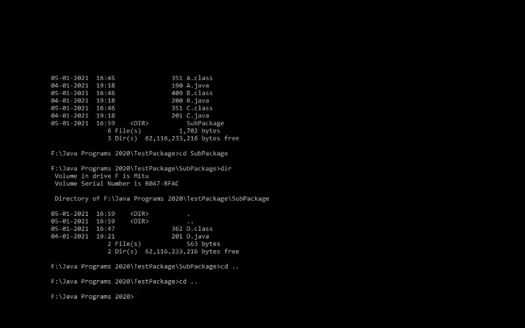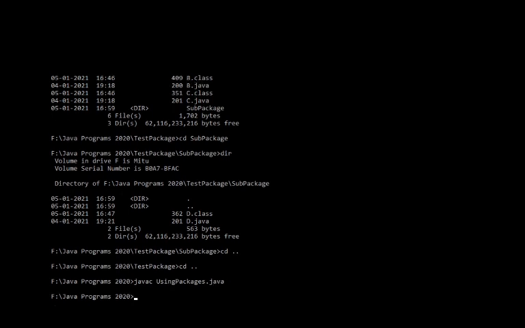Here we are back. Now let us try to compile our program and see. javac UsingPackages.java. So now you can see it is working perfectly. Because now the class loader is checking the current directory and not finding the definitions here. It is also not confused because it has not seen the .java files. So it is looking into the specified directories and it has found the definitions in the respective directories.